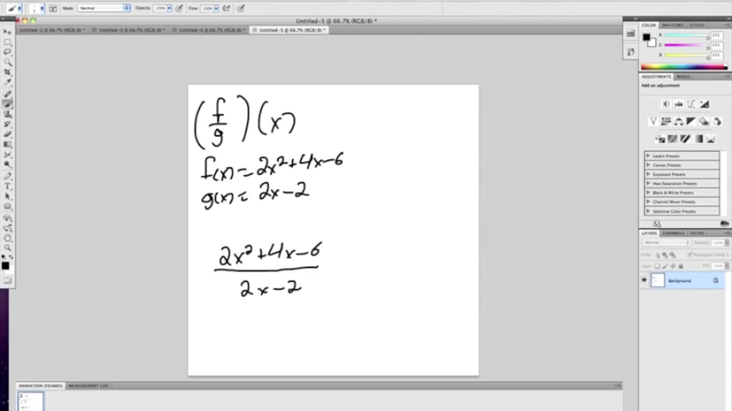Now you put f on the top because f is on the top of the fraction here, and g is on the bottom right here. Now all you have to do is just simplify it. So if you were to simplify it, you would get something like this. And now all you have to do is just take out these. So your final answer would be